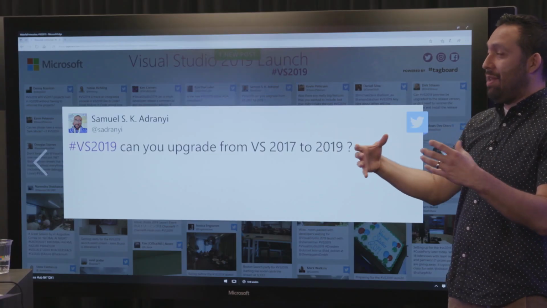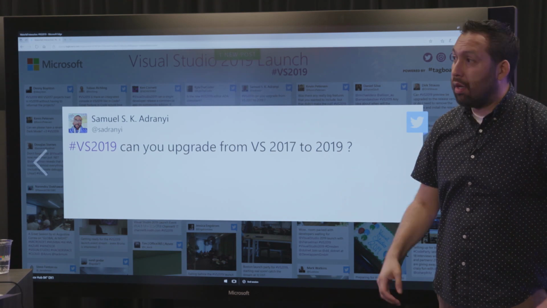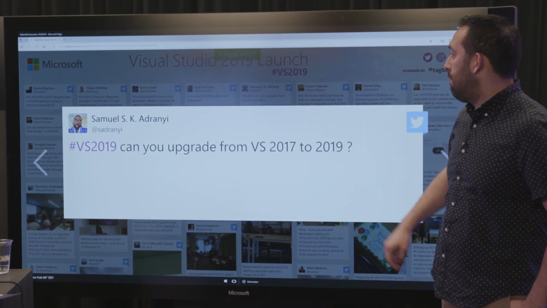I see, and this goes to a little bit of what Samuel is asking here. Can you upgrade from VS 2017 to 2019? You can actually have them both at the same time and not even interfering with each other. Is that right? That's right. You can install 2017 right next to 2019, and in fact, I do use some sometimes and the other at other times. One of the things that we've really worked on in the last version is streamlining the upgrade experience from 2017 to 2019.